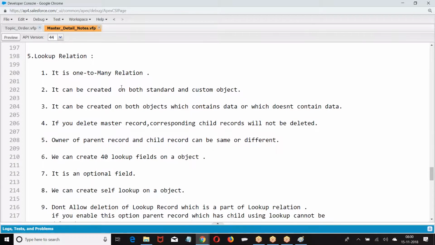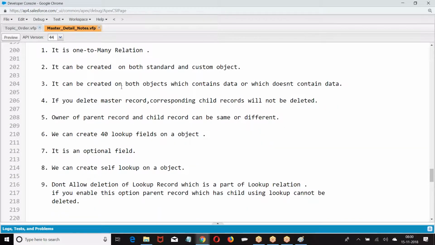Now, look at this. It is a one-to-many relation. It can be created on both standard objects and custom objects. It can be created on objects which contain data or do not contain data.